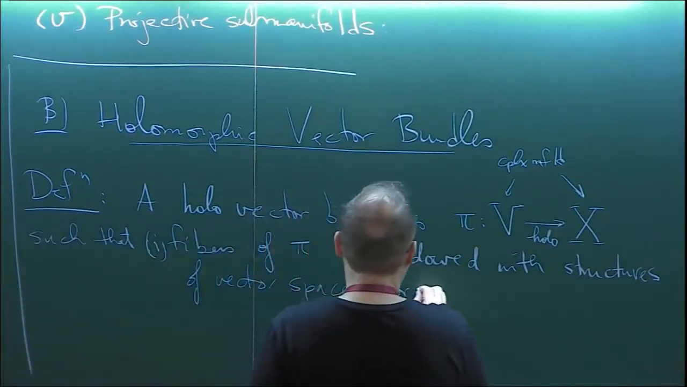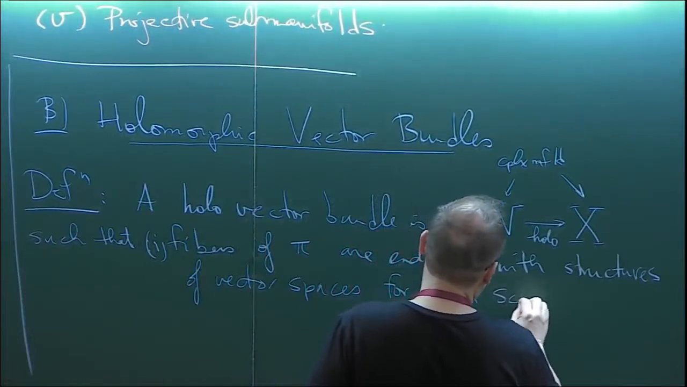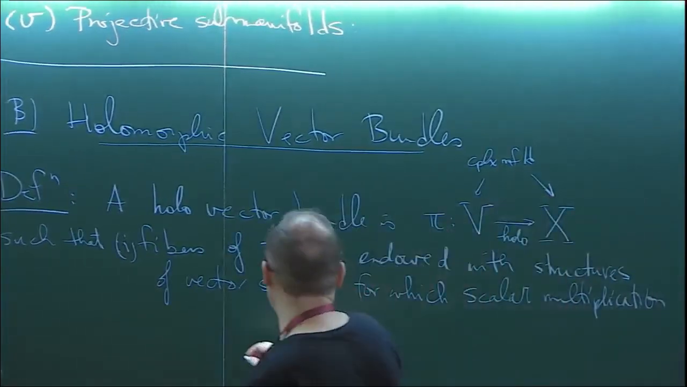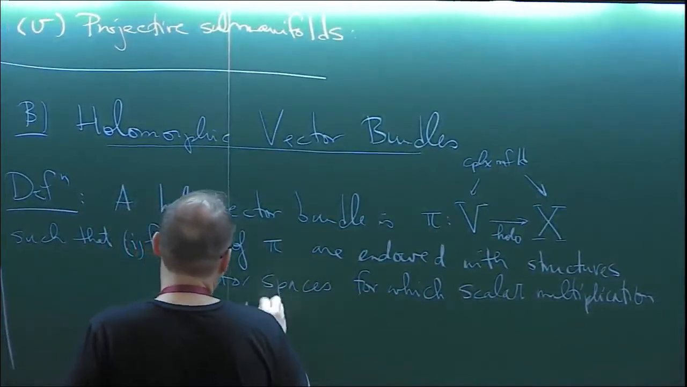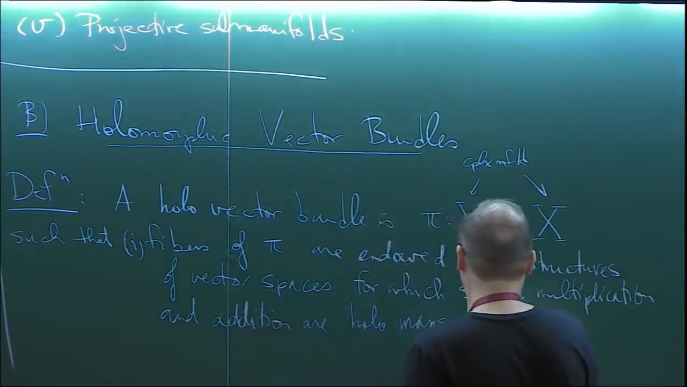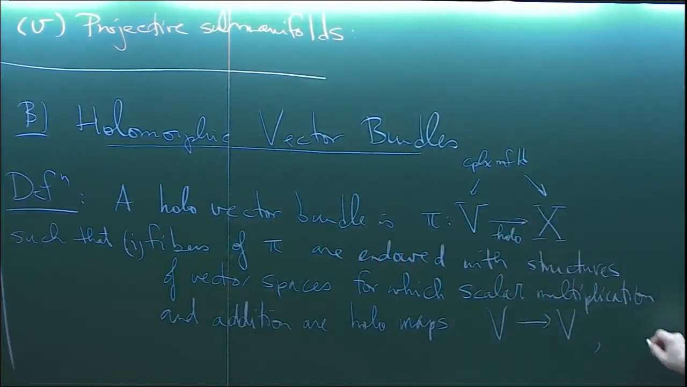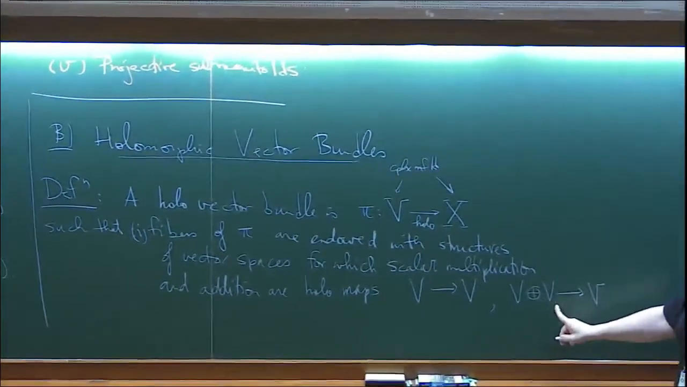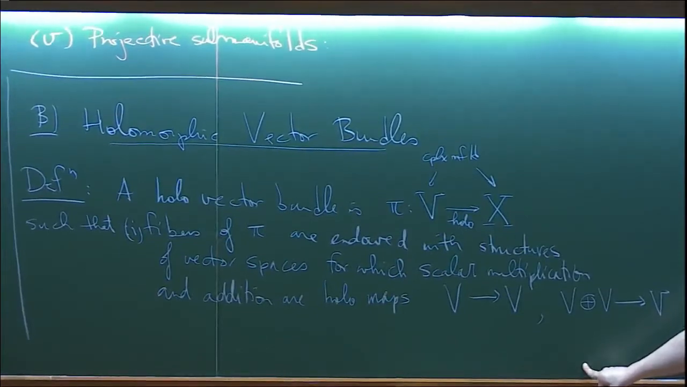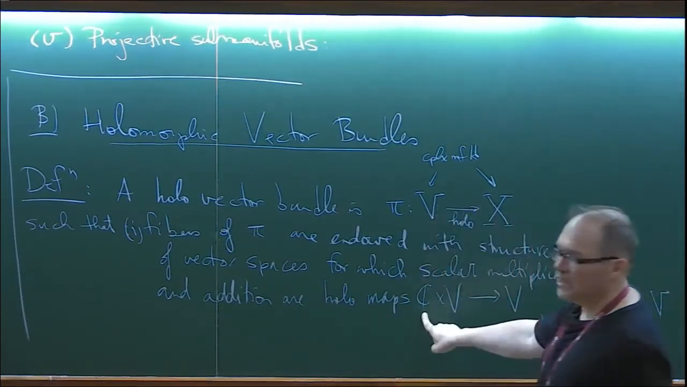So for which the scalar multiplication and addition are holomorphic maps. The first one is a map from V to V, and the second one is a map not quite from V cross V. This is the direct sum of vector bundles. What it means is that the fiber over a point X is the Cartesian product of the two fibers, or the direct sum if you prefer thinking about abelian groups. So you should get holomorphic maps. This one should be C cross V, the scalar is in C. And